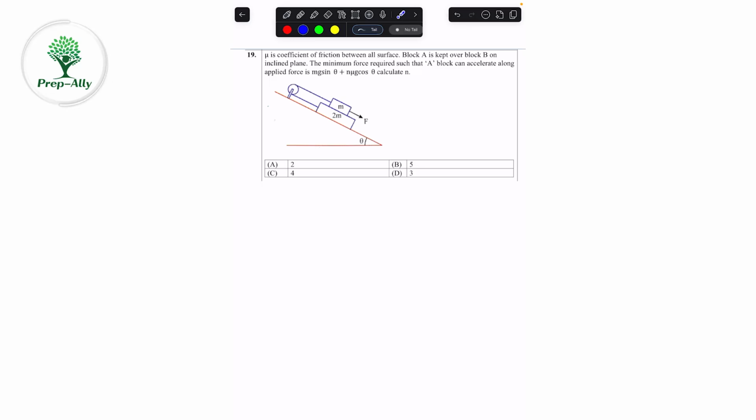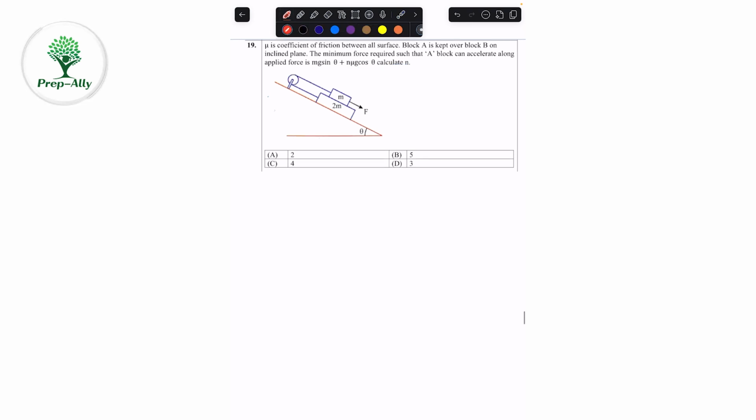We are going to solve the 19th question of the exam. In this question it says mu is the coefficient of friction between all the surfaces. Block A is kept over block B on the inclined plane. The minimum force required such that block A can accelerate along the applied force is mg sin theta plus n into mu mg cos theta. We have to find the value of n. So if we take this system,